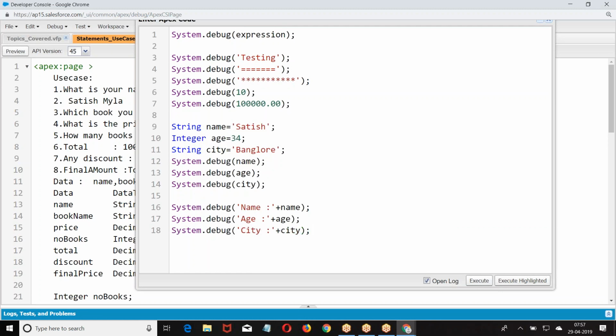Are you getting my point? Whatever we give in single quotes is a message plus variable. When I say plus variable, whatever data is in the variable will be printed along with that message. So let us see this.